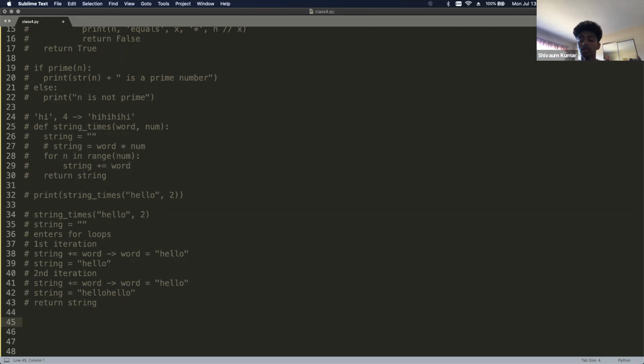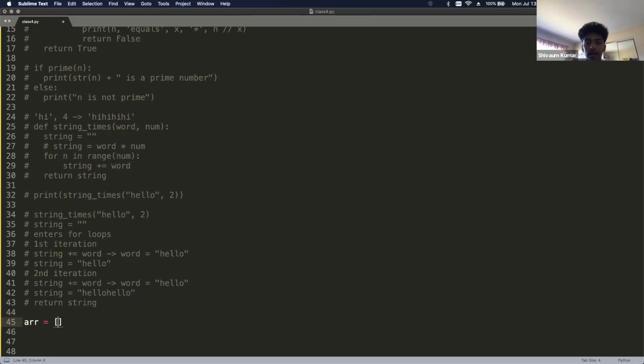So Python also has its own functions that are built in, meaning they already have functions for arrays to alter arrays, maybe add a number to an array, maybe remove a number from an array. They also have functions for strings to basically get certain things from strings and all that. So yeah, there are already built-in functions in the Python library that were created by whoever created the Python language, or other people. So yeah, so we have an array like this.